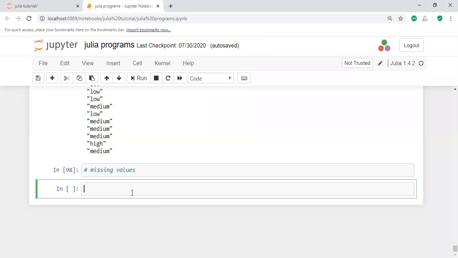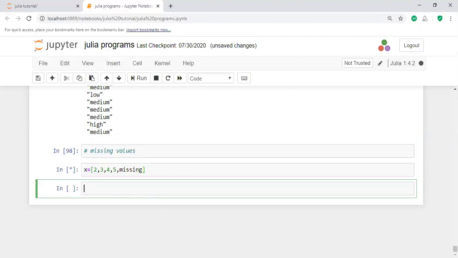For example, x is an array with some information: 2, 3, then 4, 5, and then some missing information. In Julia you write this as missing. With the help of missing, you represent this particular value. That is called missing, the missing value in Julia.